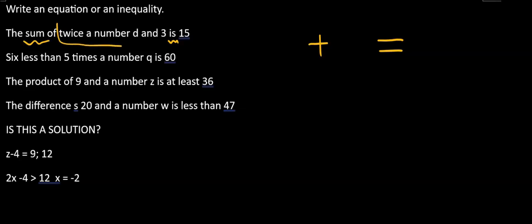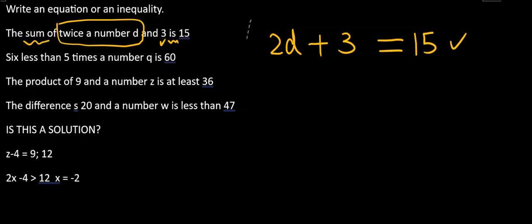This is our first quantity. Twice the number is 2 times d. Next one is 3. It is 15. We're done with the first one. Next one,